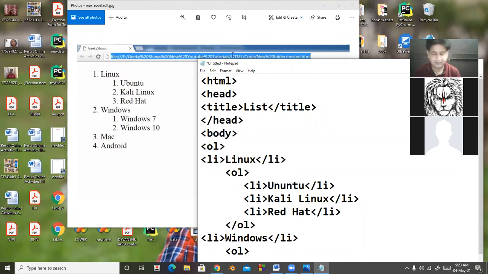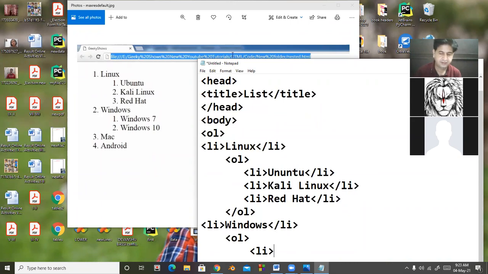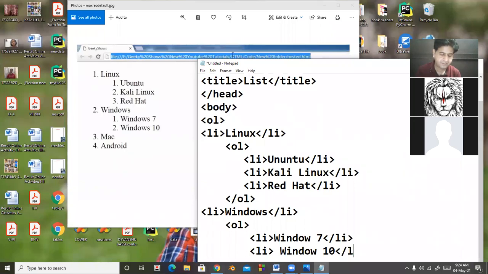And then LI. Here is Windows 7. LI closed. LI, Windows 10. Then LI closed. Okay, students, after that the second nested list is closed here.